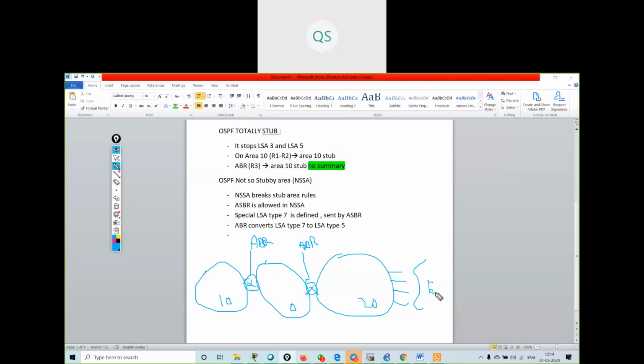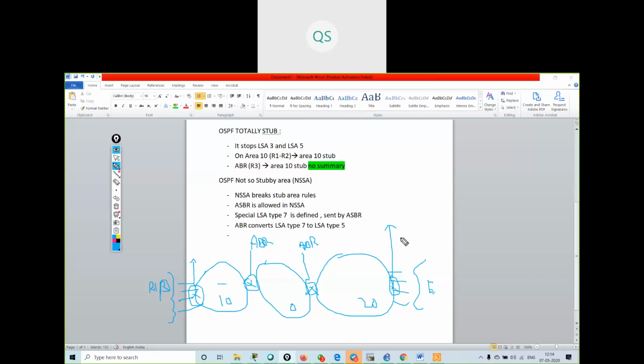What it did, it configured a default route for stub area routers, and it gave a default route to the stub area. It was there in the ABR router. Okay, so now suppose I'm running another routing protocol over here, I'm running RIP over here. Now I am having an ASBR router over here also. Now what can I do?